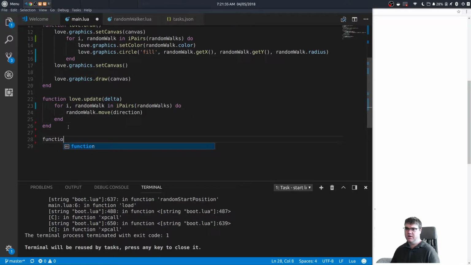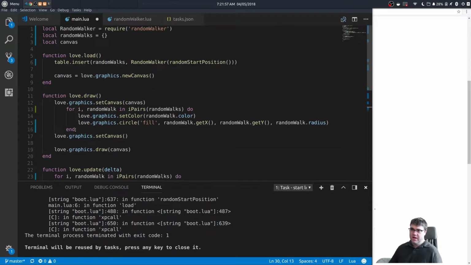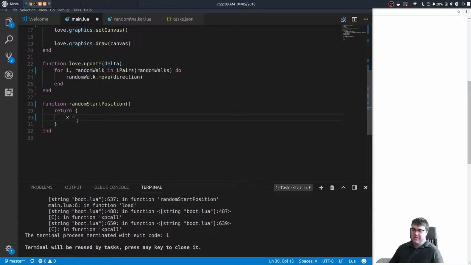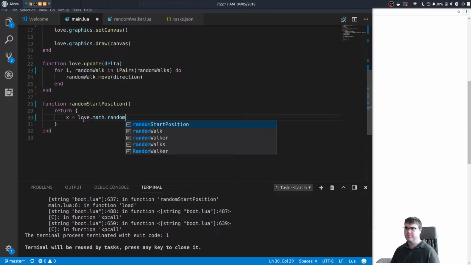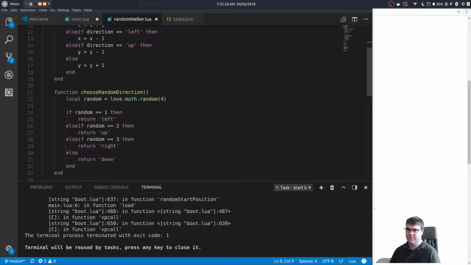Okay, so function random start position. In here, we want to return a table that has an X and a Y. So we can just create this and say return, it's going to be a table. X is going to be equal to, now there is the global love, so we can say love.graphics, but actually we probably want something random. So I think it's math.random. We actually do the random in here. Love.math.random,